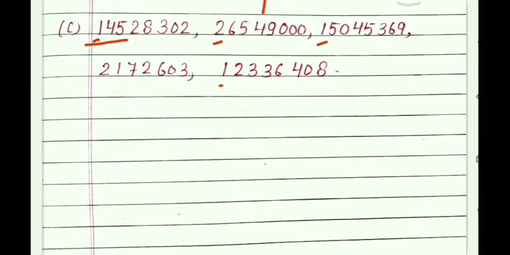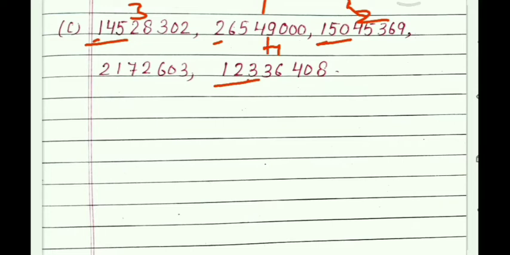Now we have to check in these numbers. 1,45 lakh. This is given 1,50 lakh, and this is given 1,23 lakh. You can see here 1,50 lakh, 10 lakh place 50 lakh, here 45 lakh, and here is 23 lakh. 50 is bigger than the other numbers. So the second number will be 1,50 lakh. Okay. So what will the next number be? 1,45 lakh, because 23 is less than 45. So the third one will be this one. And the fourth one 1,23 lakh. Okay.